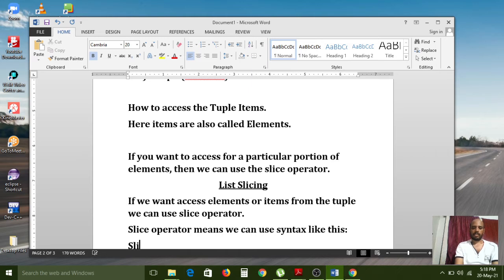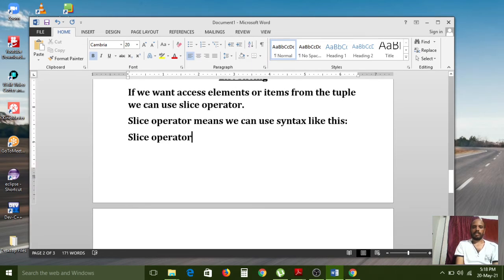Slice operator means square brackets and colon symbol. In between the square brackets, we can use the colon symbol. With that we can access elements.